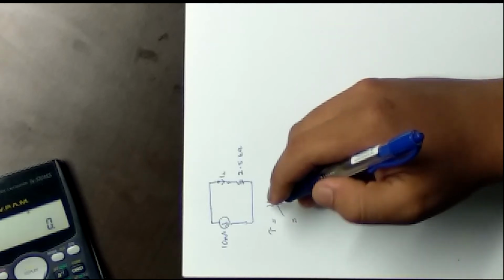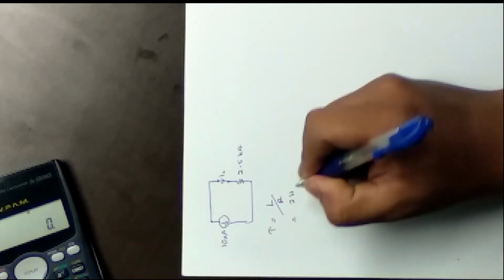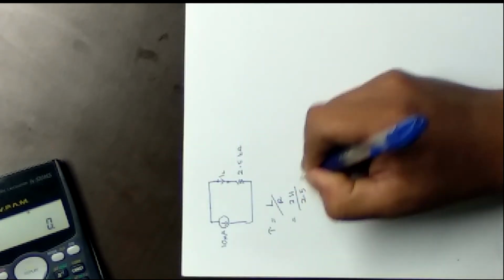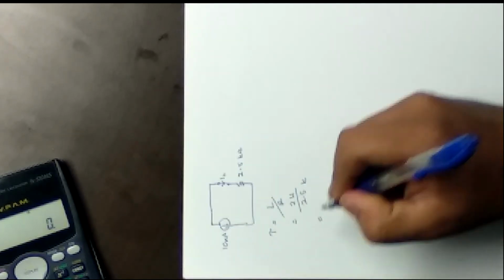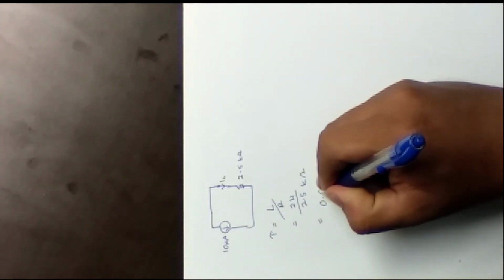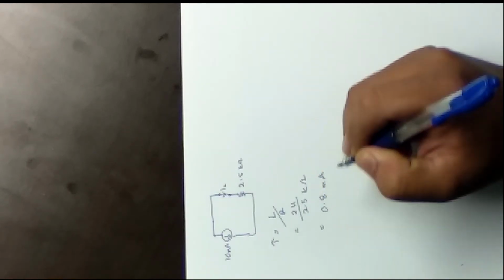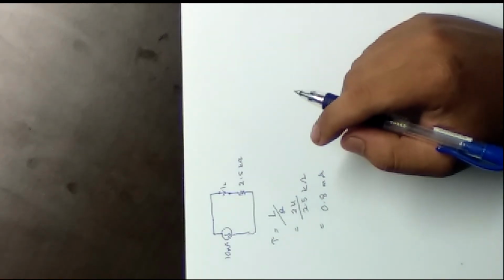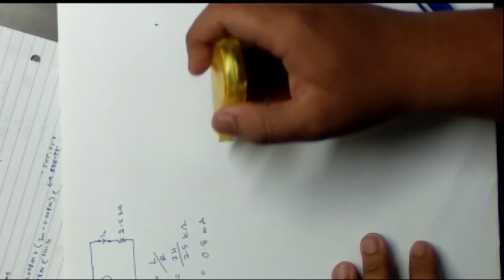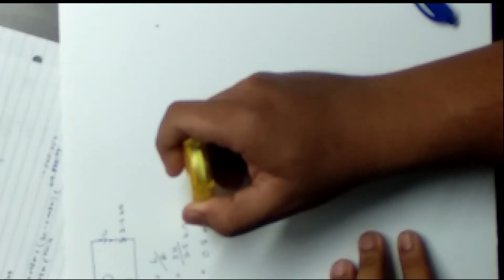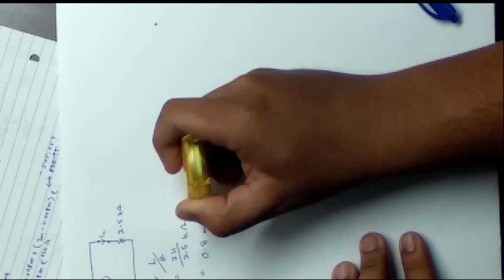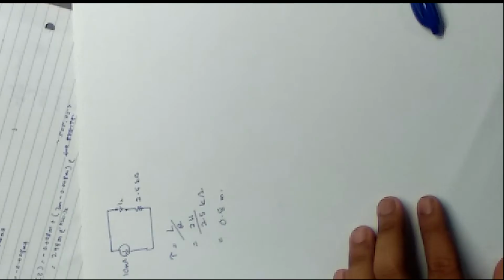That means the inductor is 2 Henry over 2.5k, which is equal to 0.8 milli. Oh, sorry, this is not milliampere. Tau doesn't have the unit. Okay, after we find the tau,